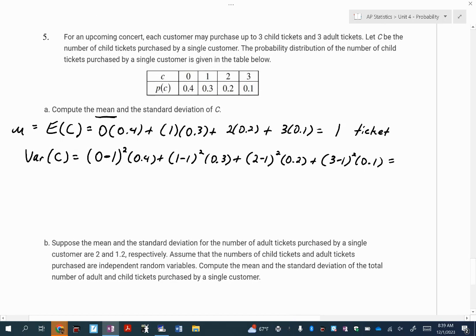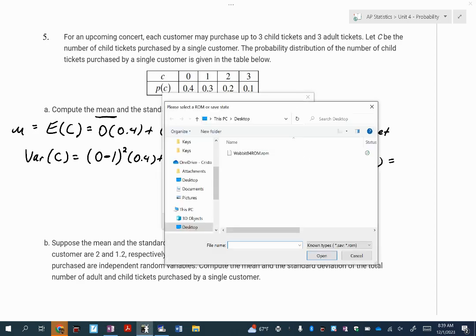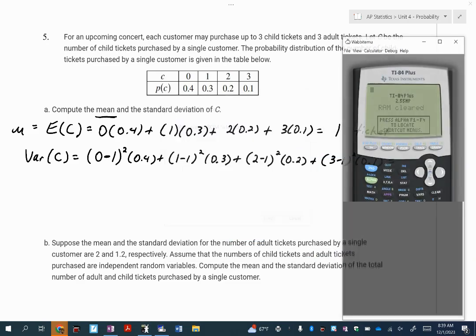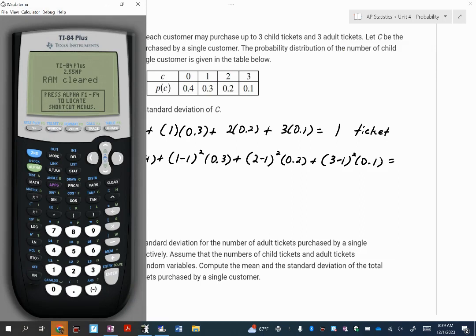Okay. Now I'm going to show you 2 things. Number 1 is I'm going to show you that I can type all that in and get my variance. I'm going to do that right now. This is how I showed you to do it on Tuesday. All right, so my first one was 0 minus 1 squared. I did the wrong one? Okay. Times 0.4 plus, well, you know what? I think I did last time. I said I'm going to hit enter and then plus